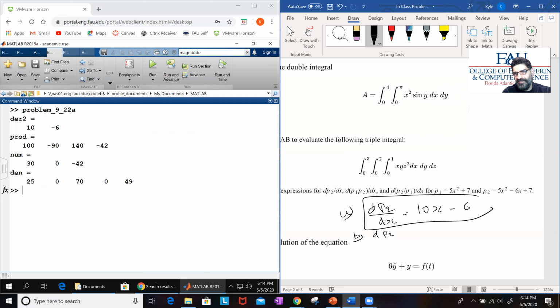d(P1 P2)/dx, and that should give you 100x cubed, right? Minus 90x squared plus 140x minus 42. Okay, that's how I will need you to write this if it is a homework, or if it's a quiz or an exam, you need to write it in this way. The last part, which is